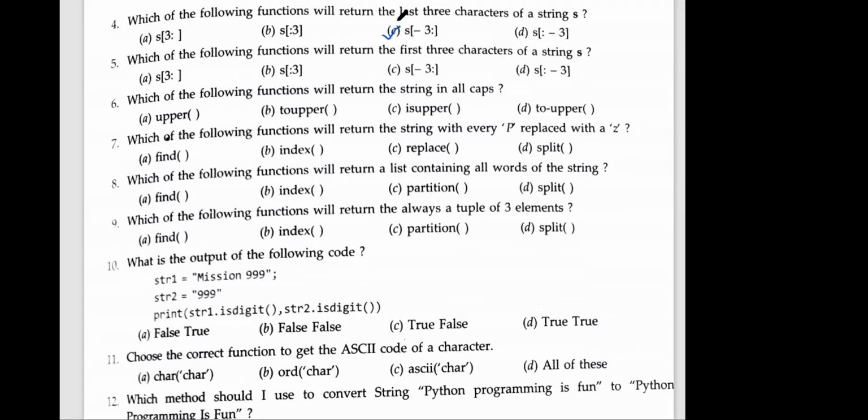The reason is C. What you have to understand over here is that if we are using this statement, this is from third character till the end. If we are using this, then from 0 till 3, which is not included. Here from -3 till end. And here you are saying from 0 till -3. So it is giving the initial values, not the last 3 characters. So answer will be C.